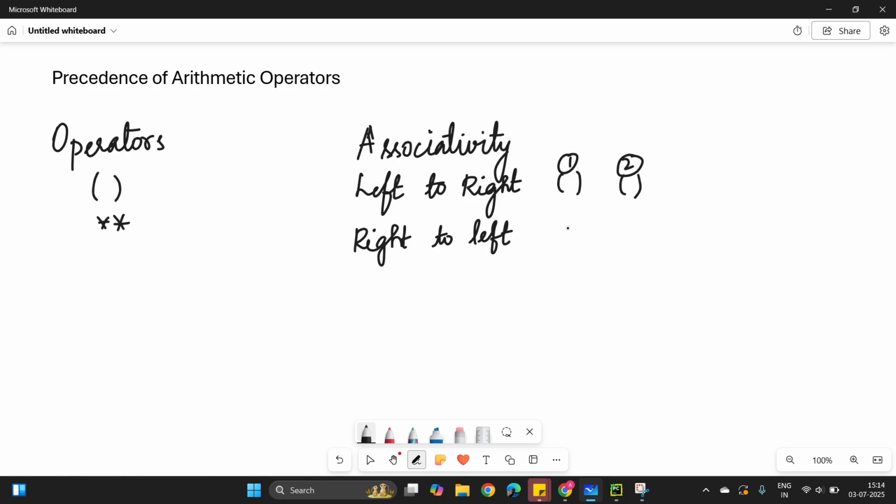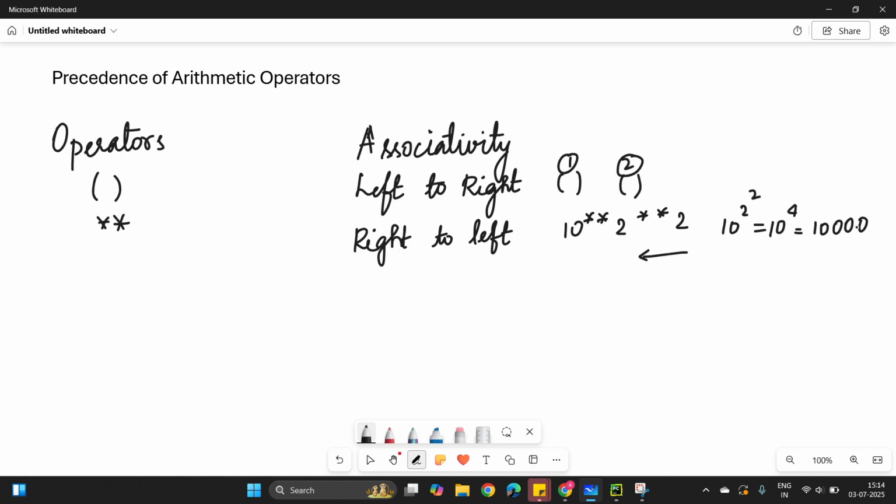That is, if we give a value as this, it means right to left, which means it goes in this direction. So it will be 10 power 2 power 2. So this is 10 power 4, which is equal to